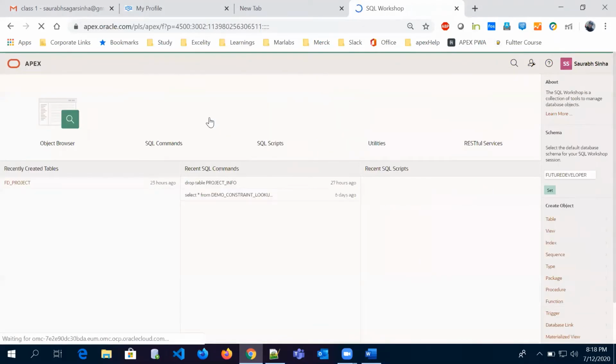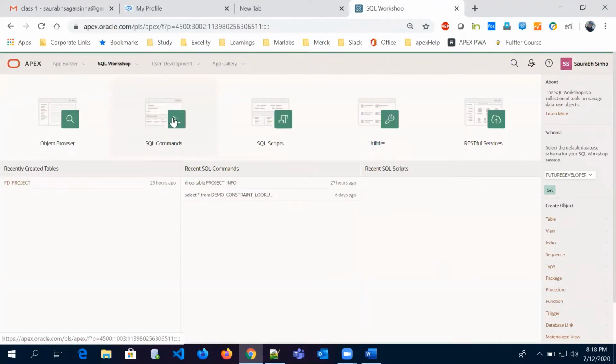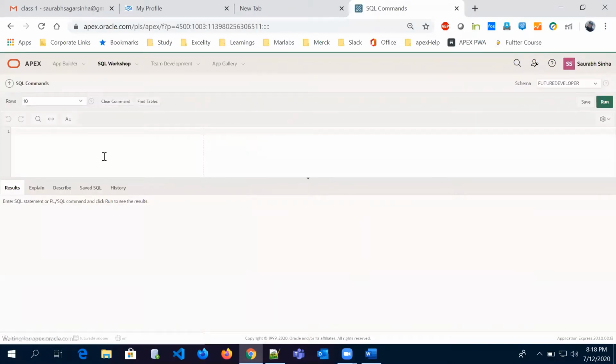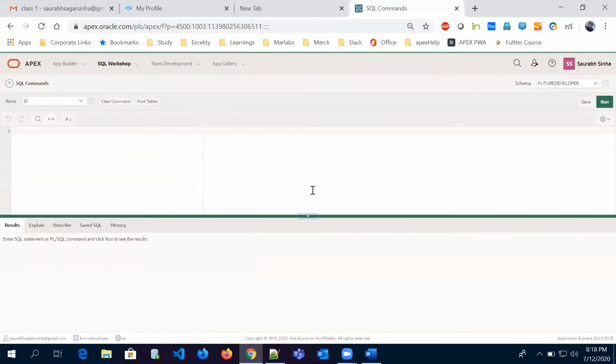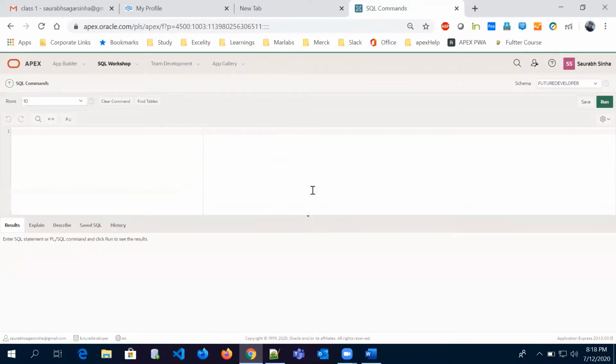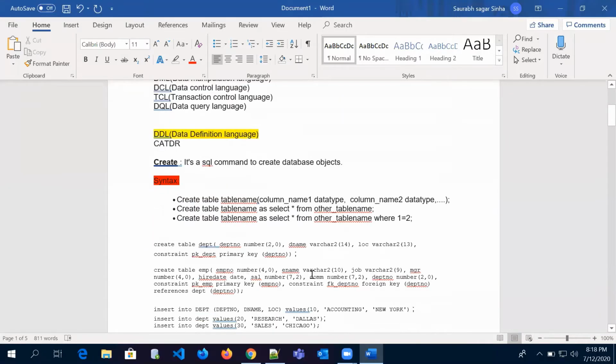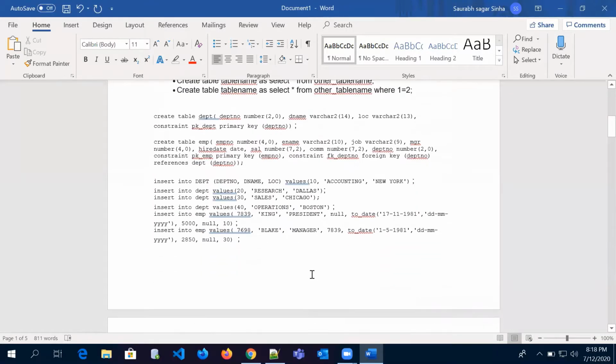Let's click on this. And here we have SQL Commands. Let's click on this again, and we will get an editor, something like this. So here we can write all our SQL code. In today's session, I'm going to explain the code where we left off yesterday.